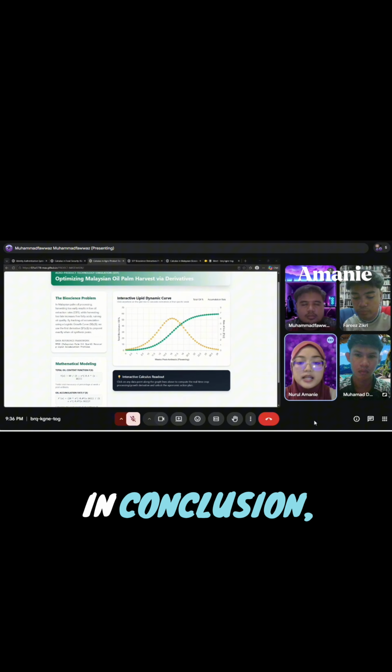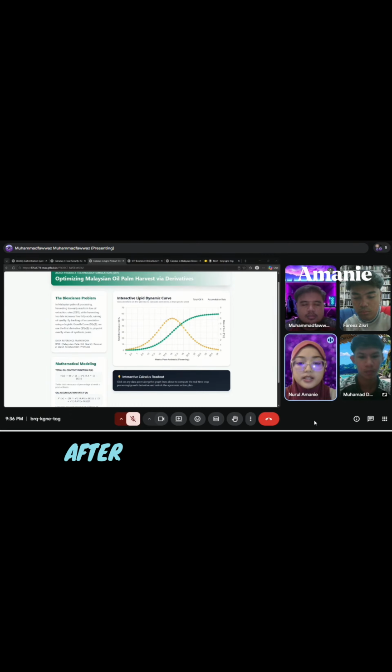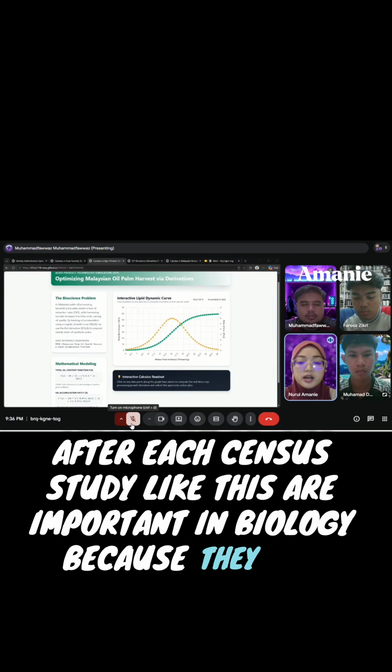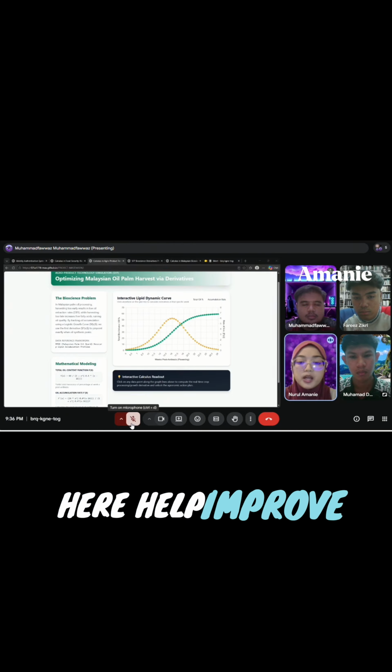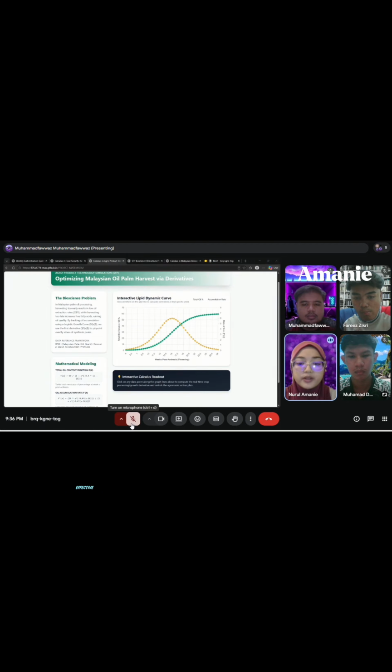In conclusion, the graph helps us understand the pattern of lipid accumulation in plants after increases. Studies like these are important in bioscience because they help improve bio-oil production and support the development of more effective